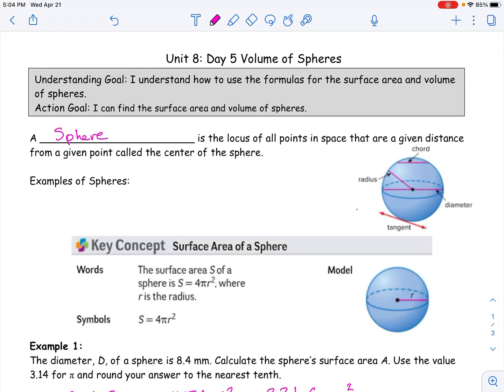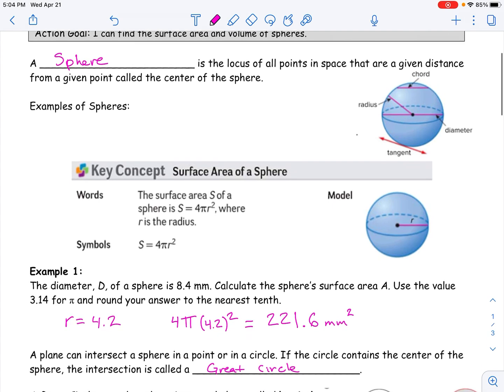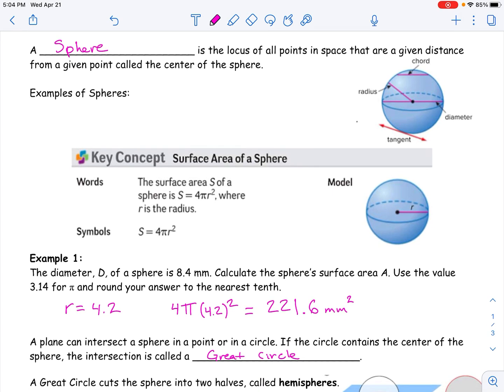We are on Unit 8, Day 5, Volume of Spheres. A sphere is basically a set of points that is all the same distance away from another point. So basically what this definition is trying to say is this point right there in the middle is kind of like the center of the sphere, and it's a three-dimensional shape, but every point around it is the same exact distance